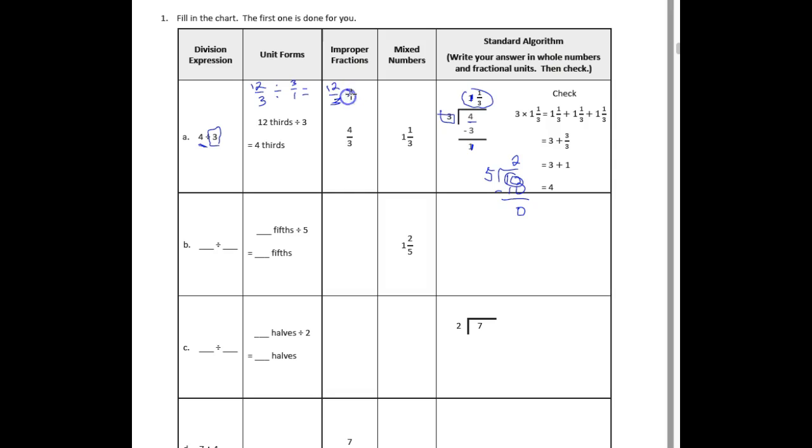We change it to multiplication. We flip this upside down, 1 over 3. So that's going to be 12 times 1, which is 12. And then we're going to have 3 times 3, which is 9. And so when we go into this, we go 9 goes into 12 one time, right? 9 goes into 12 one time. And there's 3